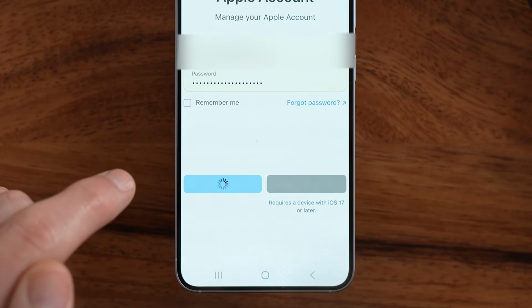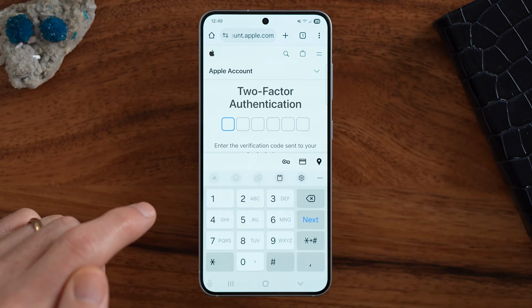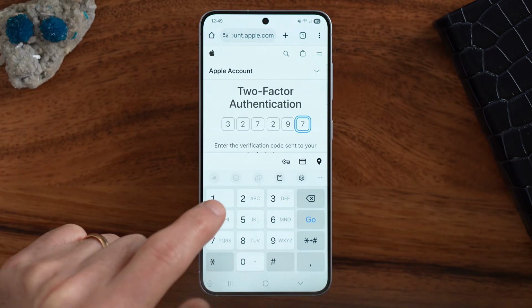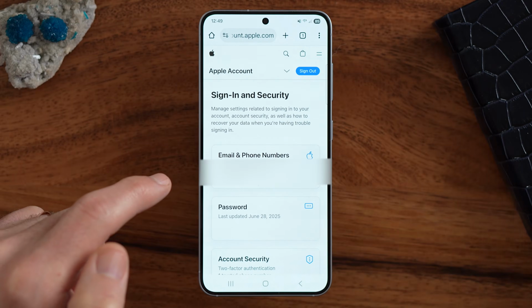I'm going to tap on sign in here, and keep in mind it will give me a two-factor verification code on my phone. So I'm going to allow that, and I'm going to enter that in now. After I've done that, I can hit go, and just like that, I'll be given access to my Apple ID